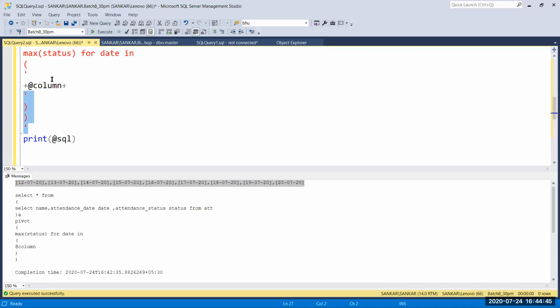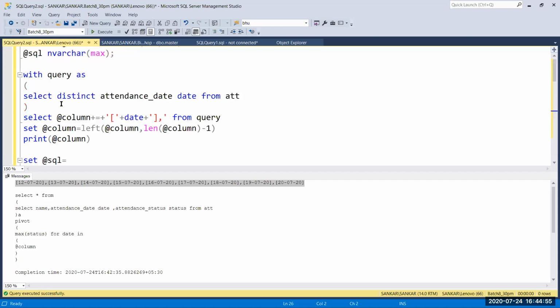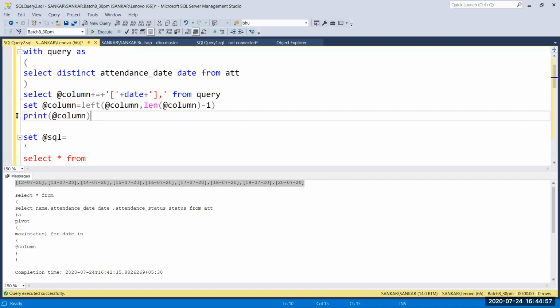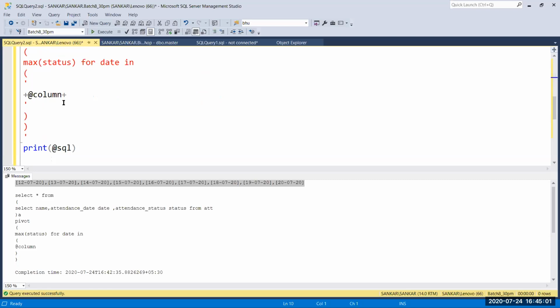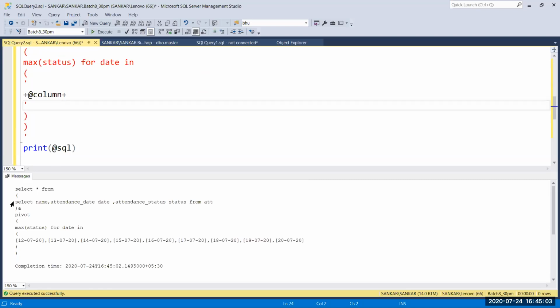I'm going to add both, and in between I have passed some variable. So let's check. First I'm going to print and I'll show you the query. Now you can see the values have printed.